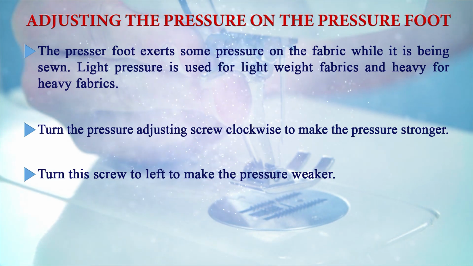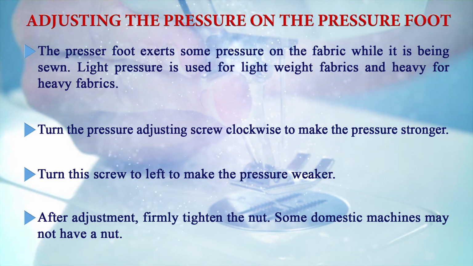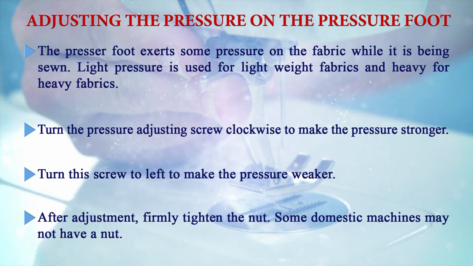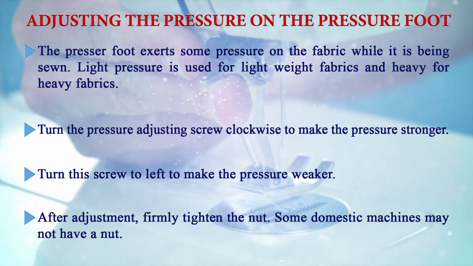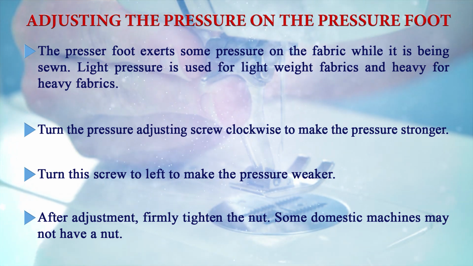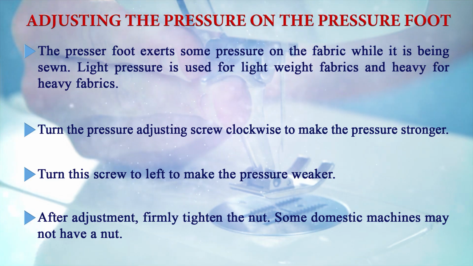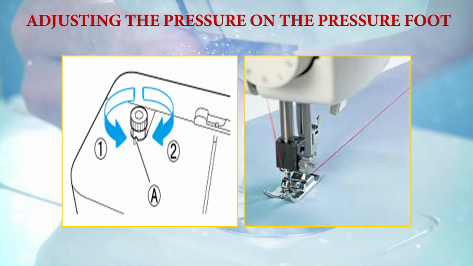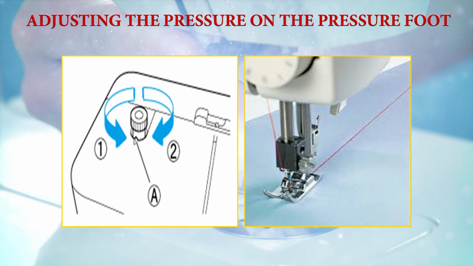loosen the screw. After adjustment, firmly tighten the nut, and in a domestic machine it may not have the nut, so we can adjust it according to that. You can see how the knobs look on the machine for adjusting the pressure foot tension. So this was all we discussed in this particular session,